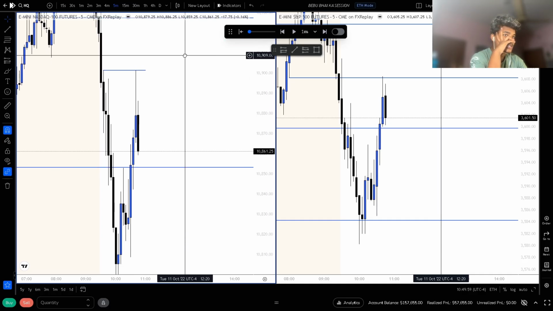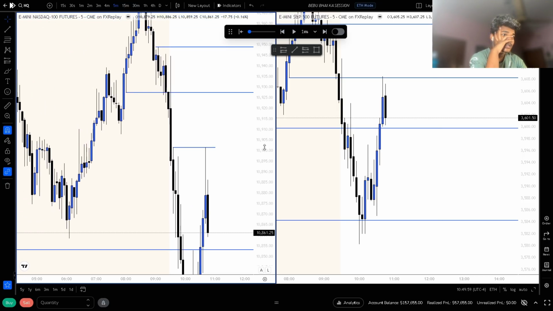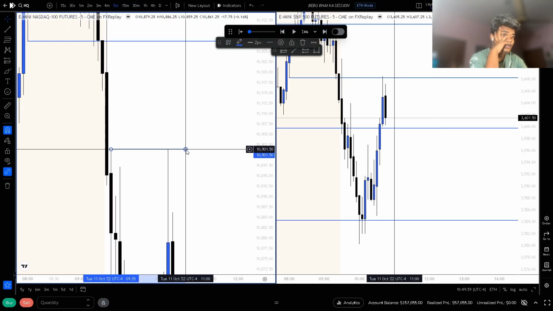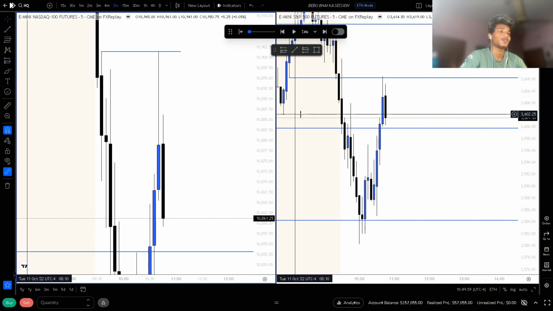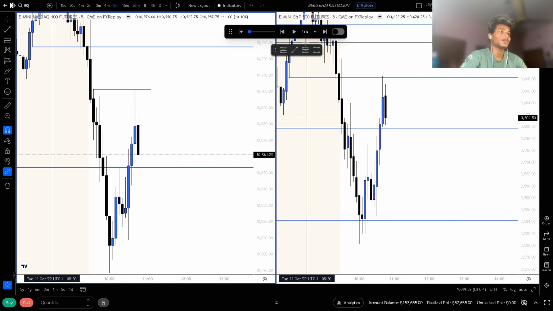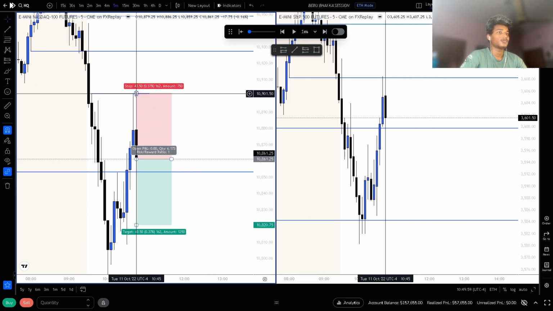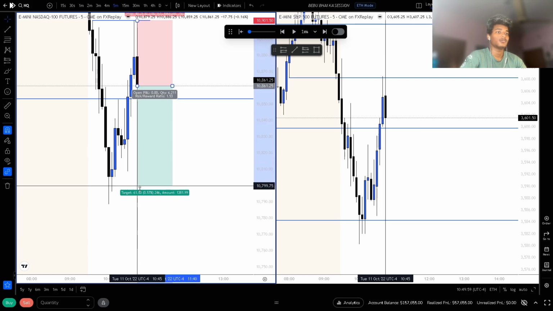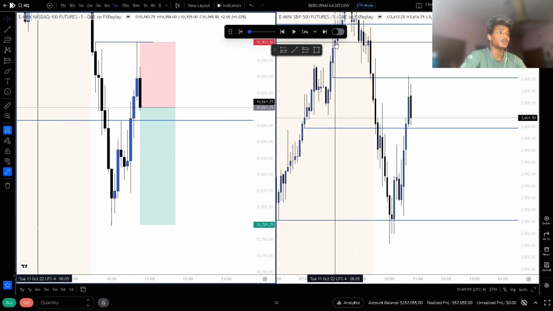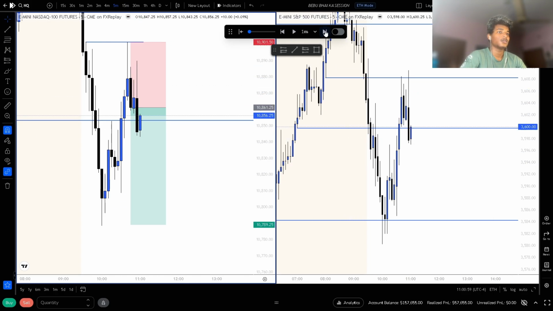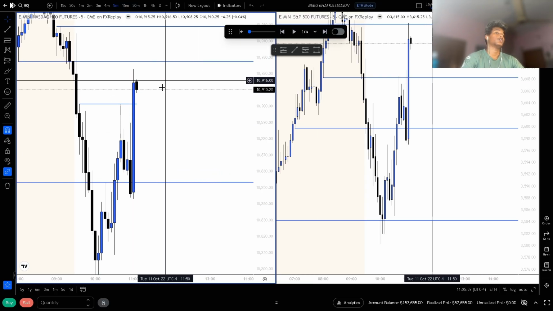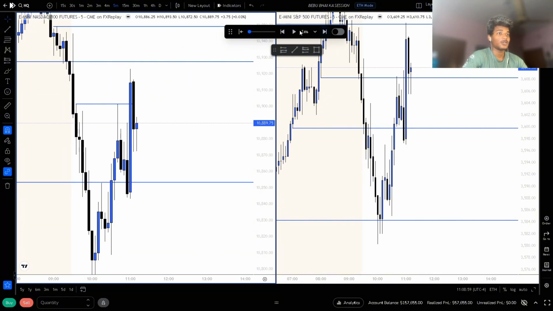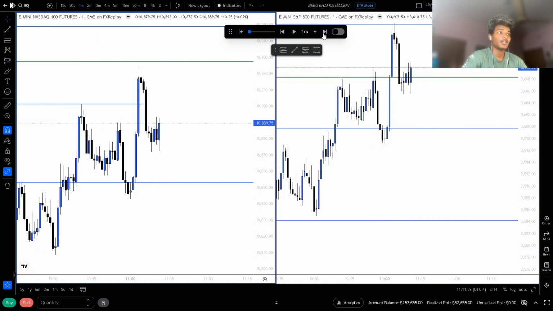It's 10:49. Am I gonna take this? I think I should not take this because we have relative equal highs at our stop loss. But I do think this is gonna play out. Anyways, I will not take that. This is gonna be our target. Let's see. Yes, this setup ended up not playing out and it's outside of my kill zone window. So I'm done for, but we may get a nice shot now.